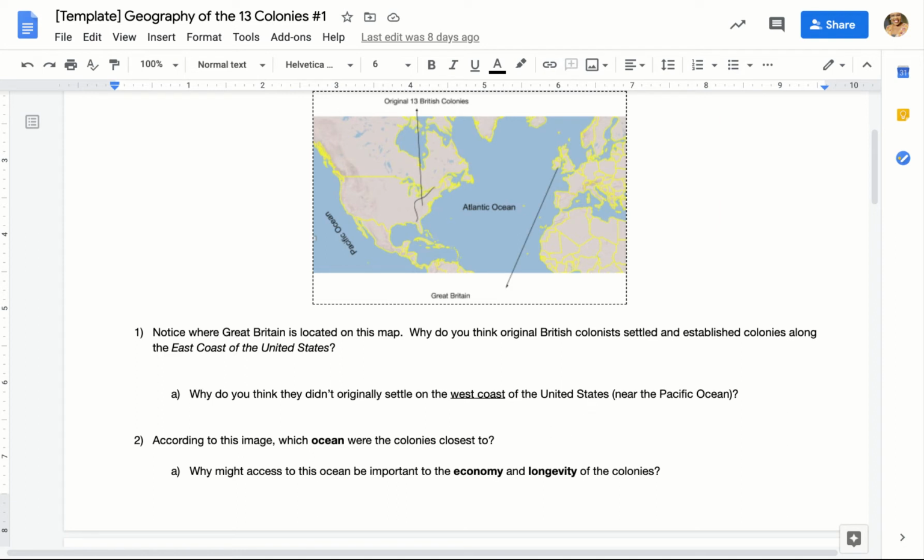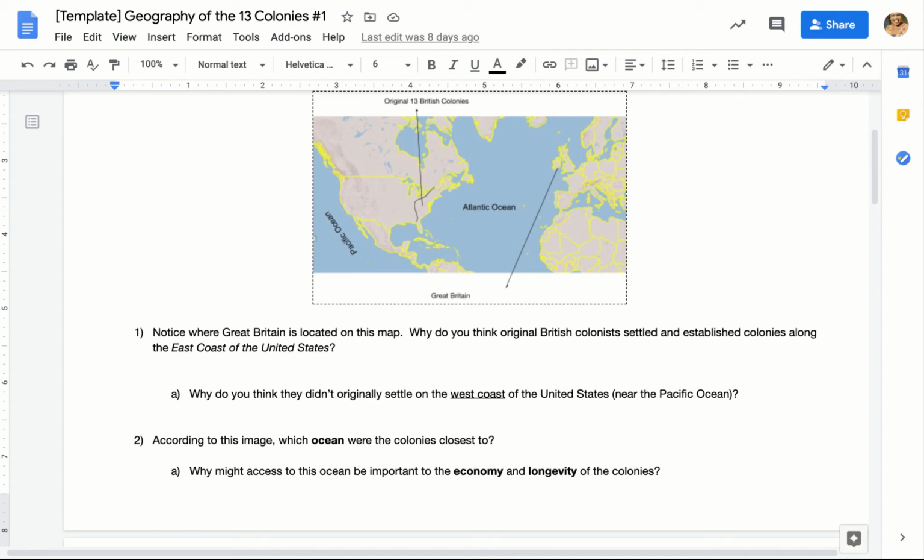Question two, according to this image, meaning this map right here, which ocean were the colonies closest to? So, ocean, the blue water. And then 2A is asking, why might access to this ocean be important to the economy and the longevity of the colonies? Like I explained during the live class sessions,